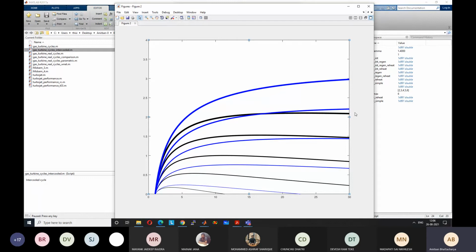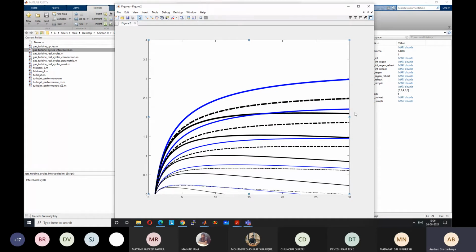Okay. Then intercooling, we know that we will get somewhere in between, Brayton with intercooling. So dotted black lines. Okay. T equal to 2, then thicker dotted black line, T equal to 3, T equal to 4, 5, and 6. So it is higher than that of simple Brayton, but not as high as the reheating cycle. Okay, and we know this reason, we have already discussed. The effect of intercooling is less as compared to the effect of reheating, both on the efficiency. So the decrease of efficiency is also less, but the increase of work output is also less. Okay.